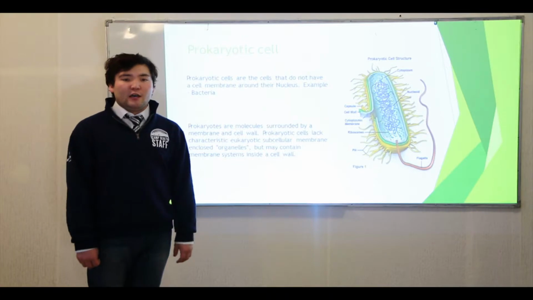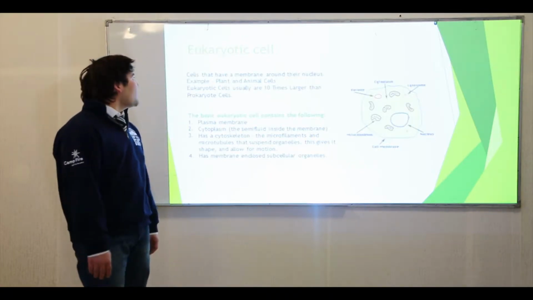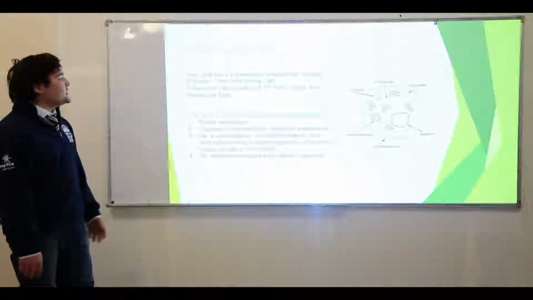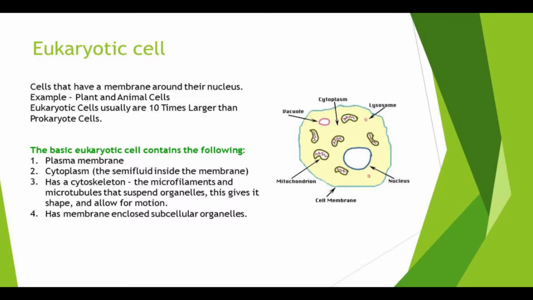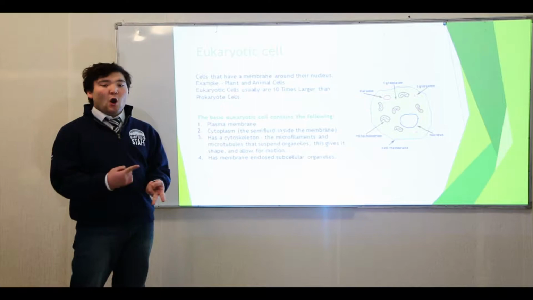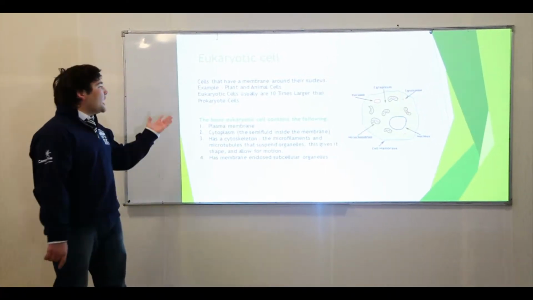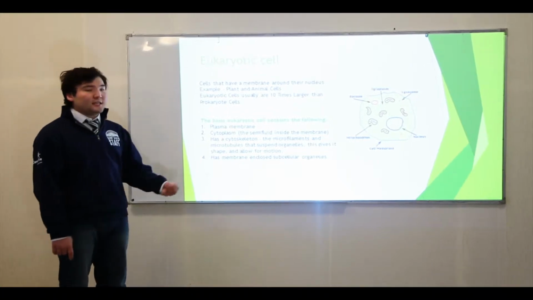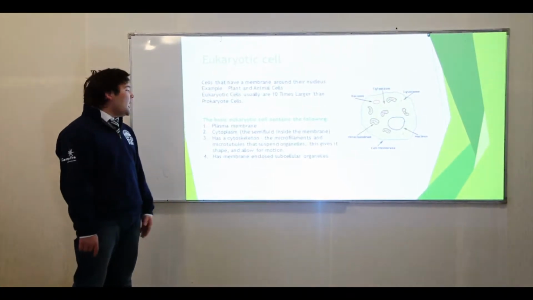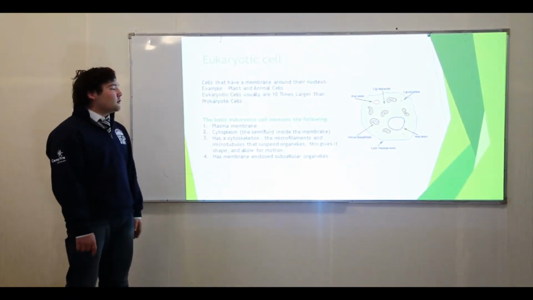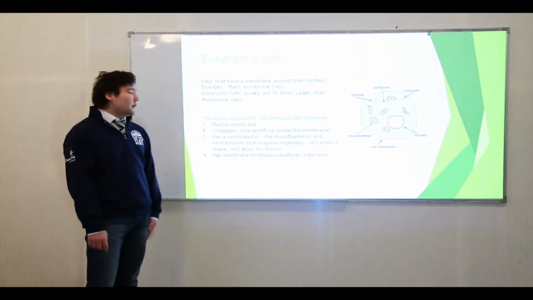Let's talk about eukaryotic cells. Eukaryotic cells have a membrane around their nucleus. Examples are the animal cell and plant cell. We can also include algae, fungi, and protista. Eukaryotic cells are usually 10 times larger than prokaryotic cells, and the basic eukaryotic cell contains the following organelles: